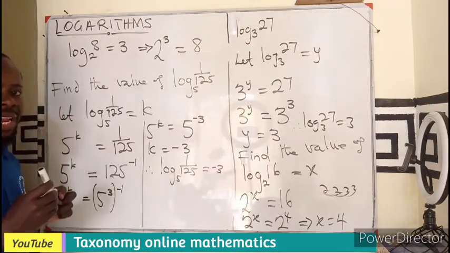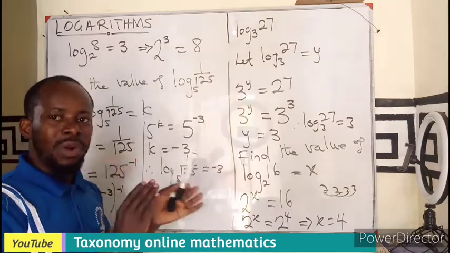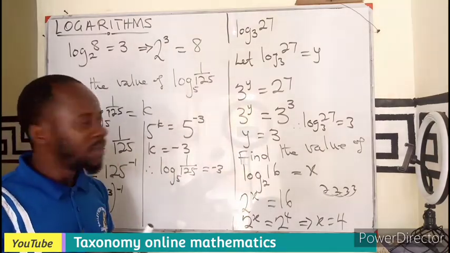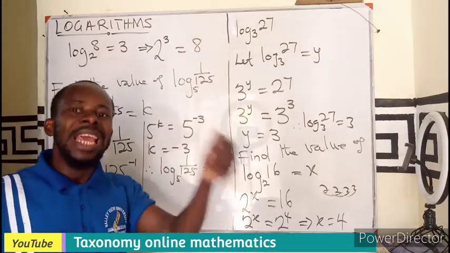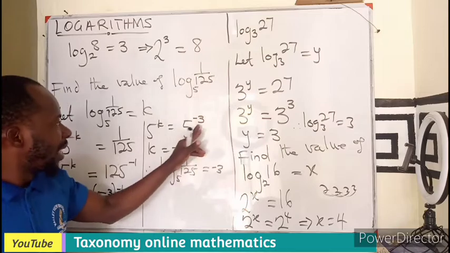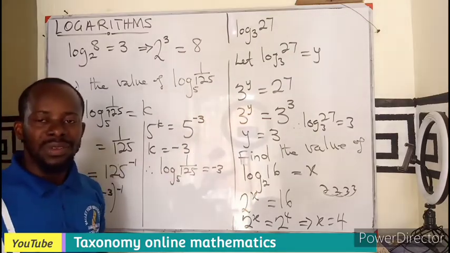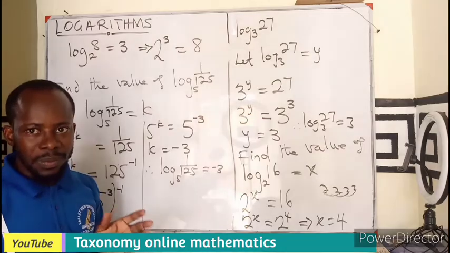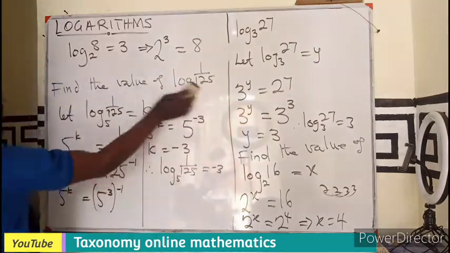As I said earlier on, when the number is between 0 and 1, that is the fraction, we are going to get our answer to be negative. So the exponent we are having is negative. I believe this concept is understood. Alright, so that will be for